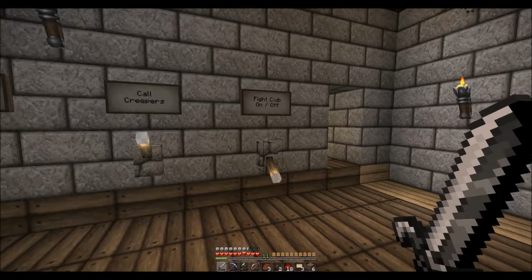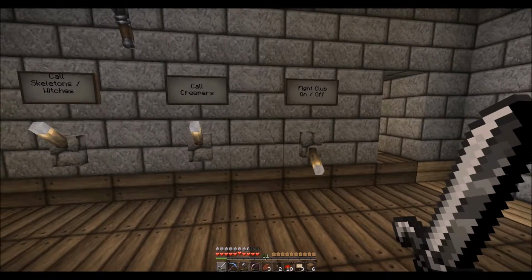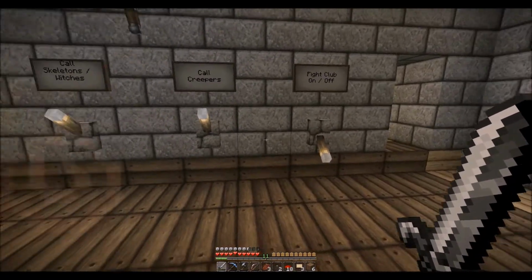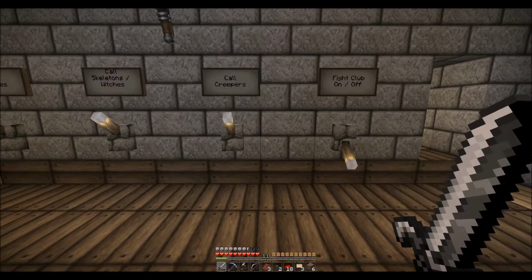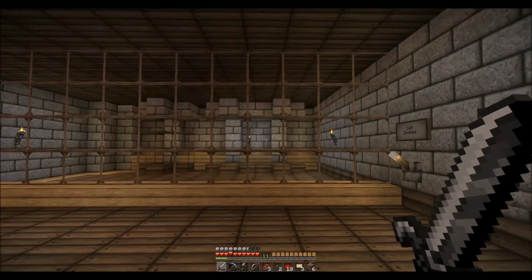So we've got Fight Club on and off. That's also going to be Record Studio once we get that built. So I don't know, maybe I'll make another switch for that that'll send some vertical power into this thing as well. I don't know, probably not, because then it won't make this state accurate necessarily. But anyway, that's how we power the whole system on and off to call mobs down here into our little